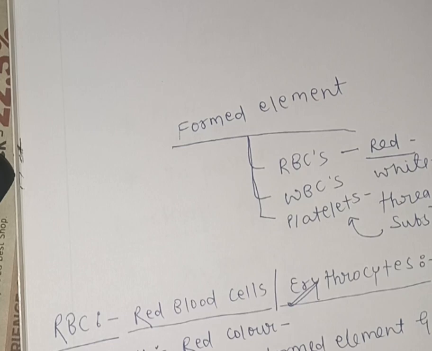The color, dark or brown, depends upon the capacity of the hemoglobin, that is, how the oxygen and hemoglobin are going to bind with each other, aerobically or anaerobically. The color would be dark or light depending on that. The major part of the formed elements is the RBC, which occupies